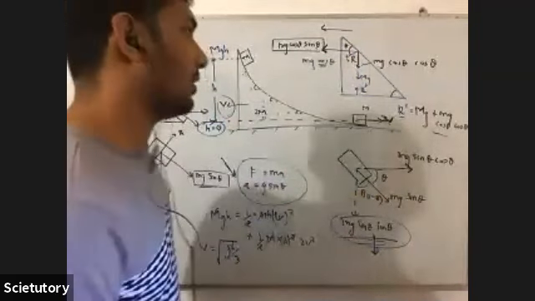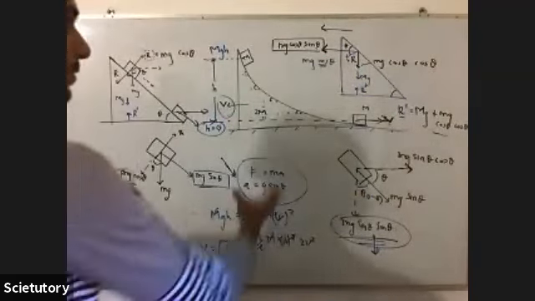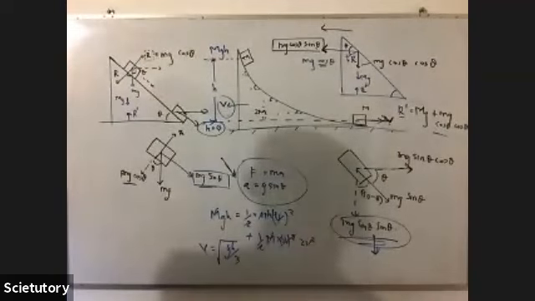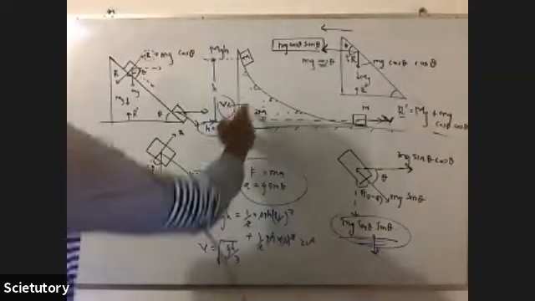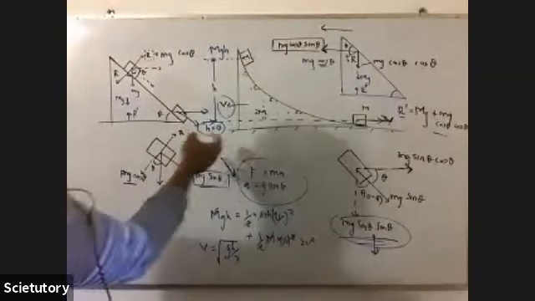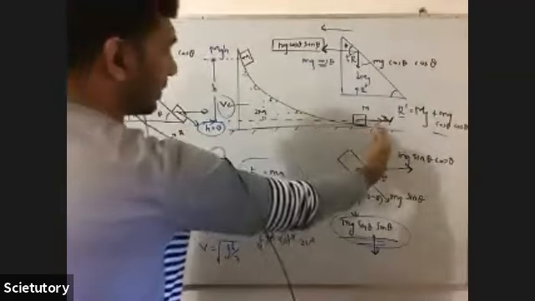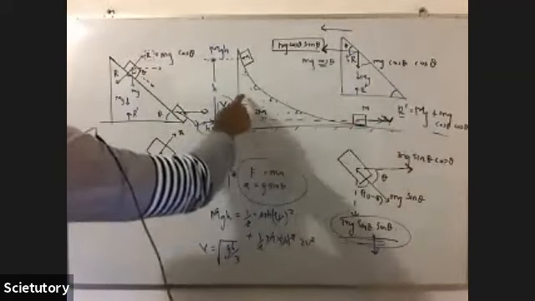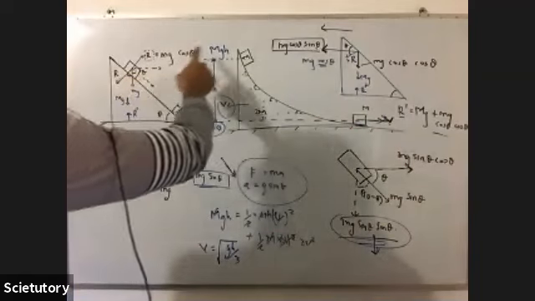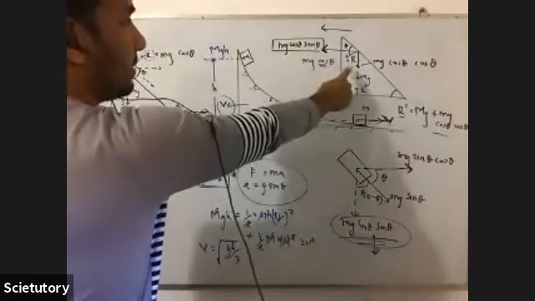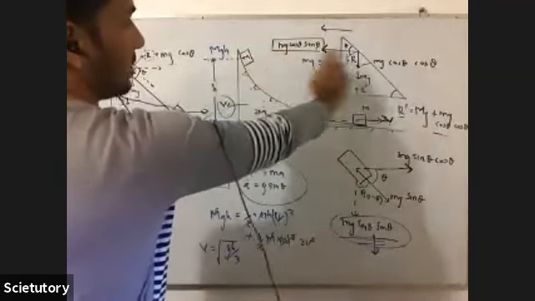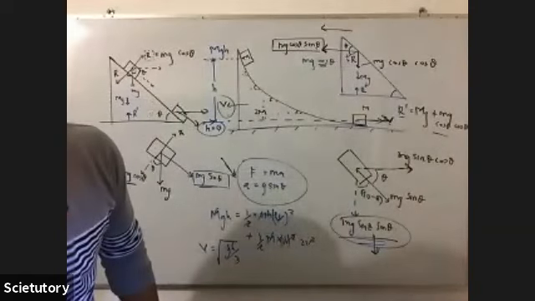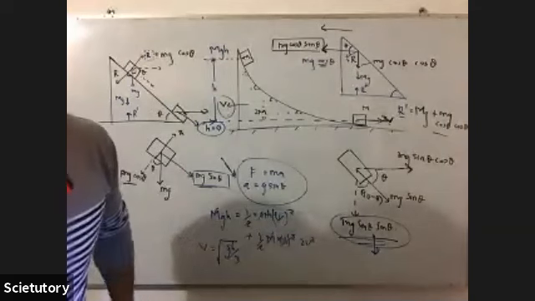So you have to understand why you use the conservation of momentum in the horizontal direction and why this inclined plane should move. Because it's smooth, there is no frictional force from the ground, so the only resultant force on this inclined plane is this, so it should accelerate. We have spent a lot of time here, so let's move on to the next question.